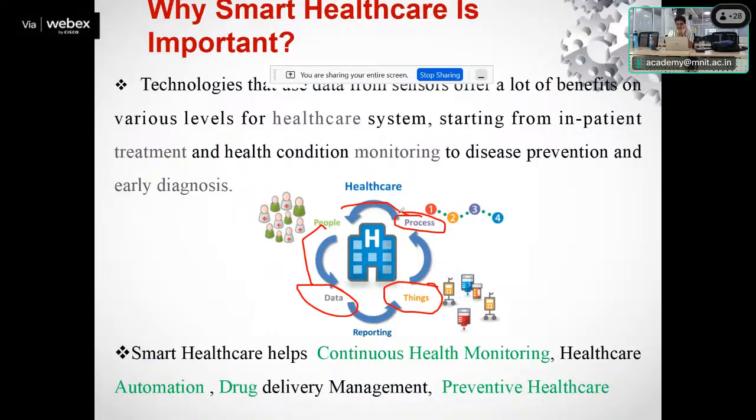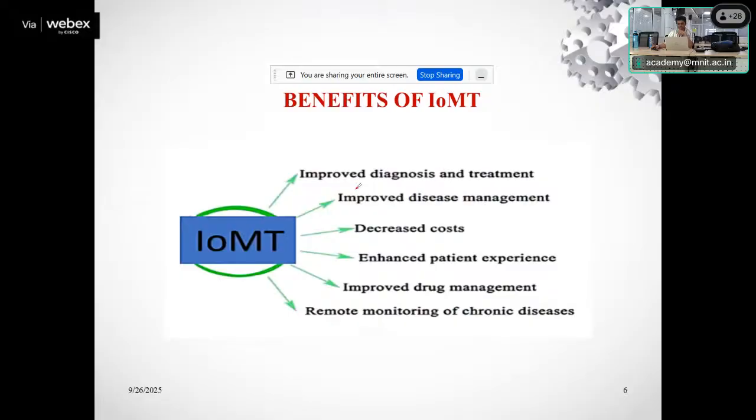Ultimately, smart healthcare supports continuous health monitoring, healthcare automation, automatic drug delivery, and it also supports preventive healthcare mechanisms. Now, what is the benefit of that? By having IoT in your healthcare domain, it will improve your diagnosis and treatment. It will also improve the disease management mechanism. The cost to the patient is also decreased because